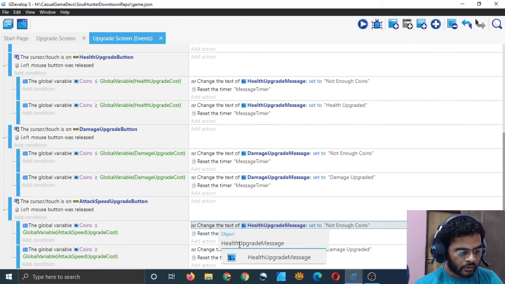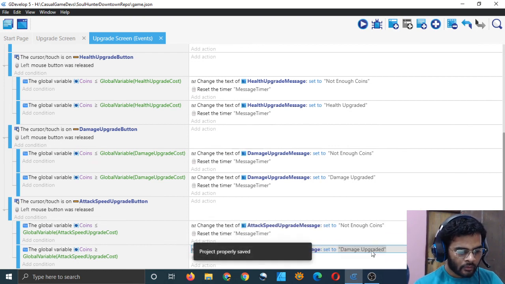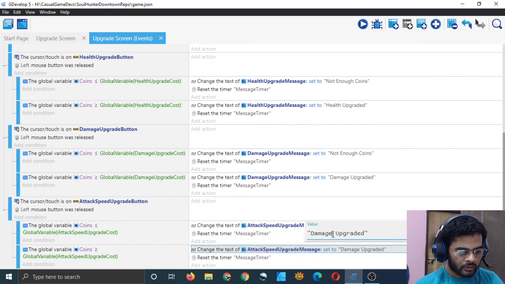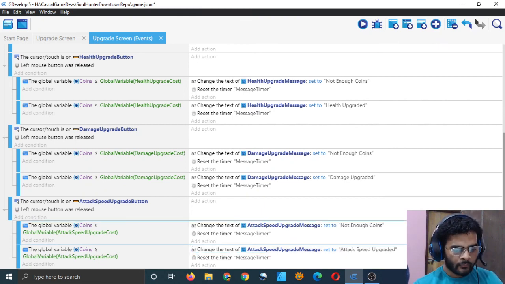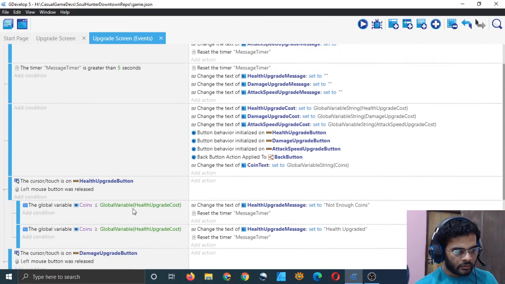And here attack speed upgrade message. And here also attack speed upgrade message. Damage upgraded, instead of damage upgraded, choose attack speed upgraded. Okay, we have done so much, and let's see if it is working or not.